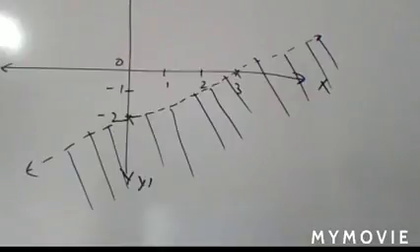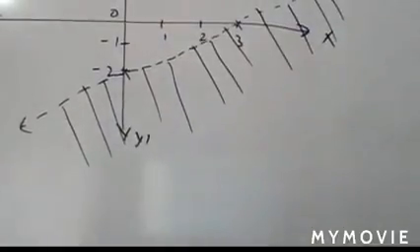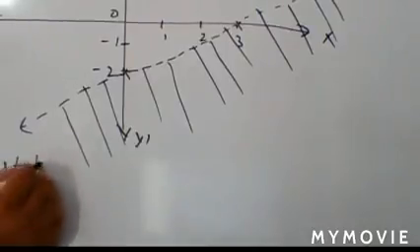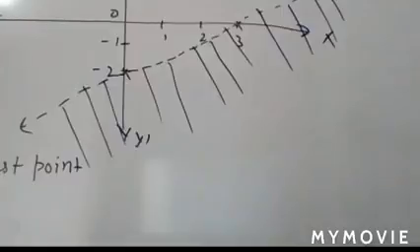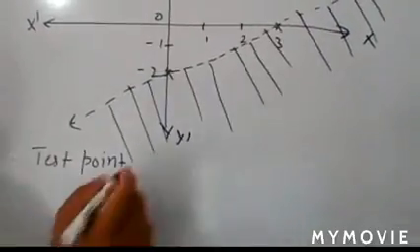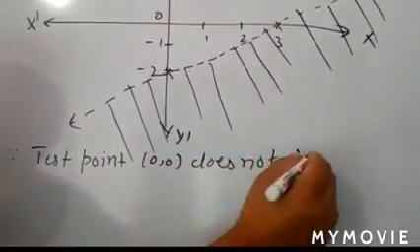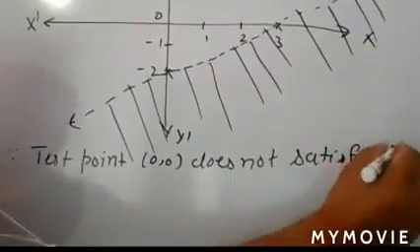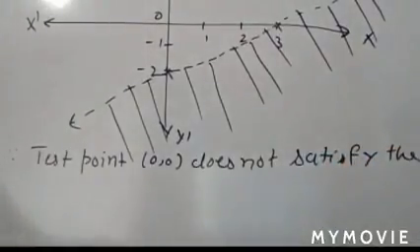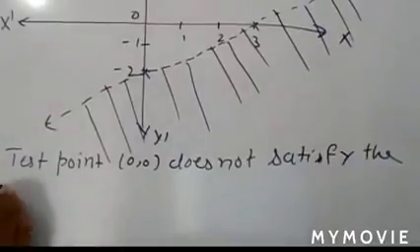Yes, sir. Okay. Yeah, draw it. And you have to write the explanation about that. So how can you write? You write in this way: since test point (0, 0) does not satisfy the inequation,